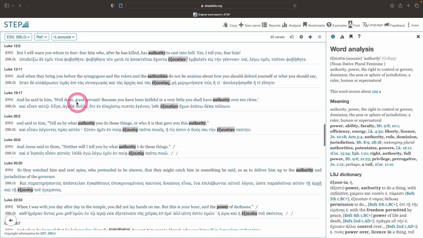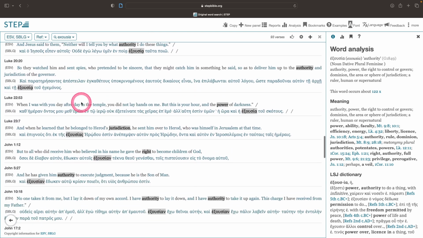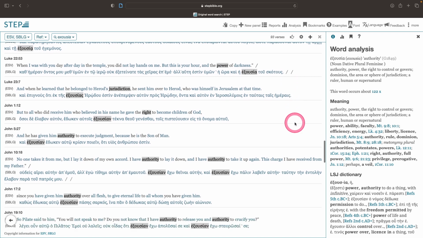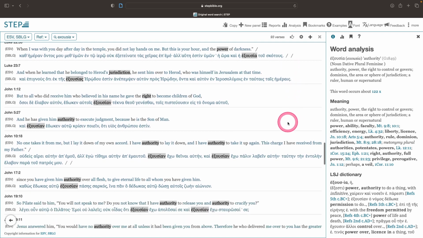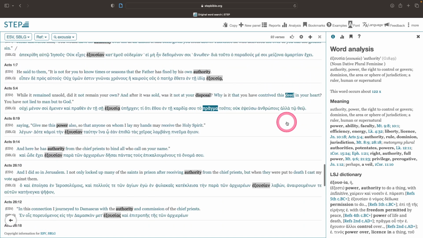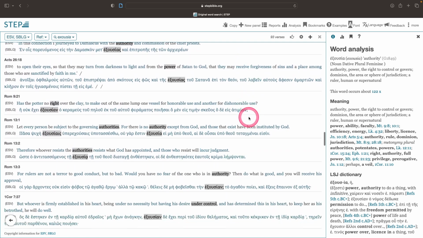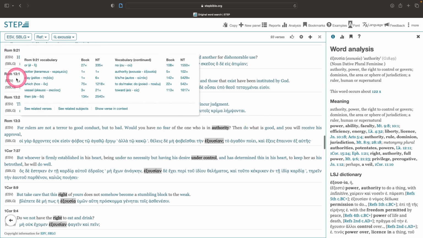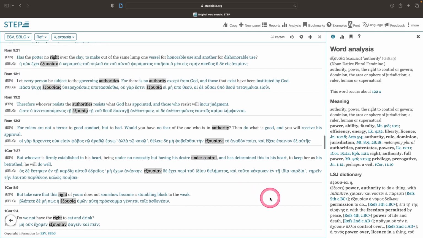Luke also particularly likes this word. Luke uses it more often than Matthew does and is a touch longer than Matthew, but I would still suspect that the frequency of the word in Luke is higher than it is in Matthew. John uses it only a handful of times. Scrolling down through Acts, we get to Romans here, and we find that it occurs in Romans 9:21, Romans 13:1, 13:2, and 13:3. So we get those 4 uses in Romans chapter 13, and then we get 1 use in